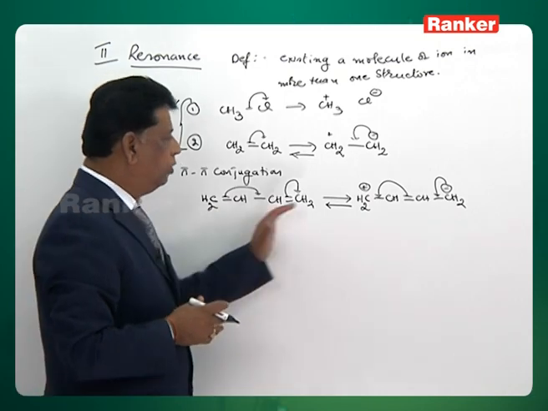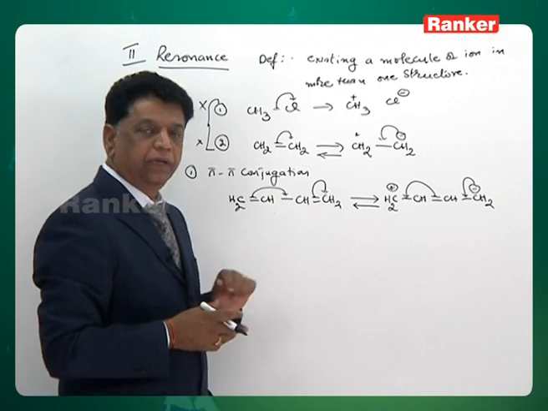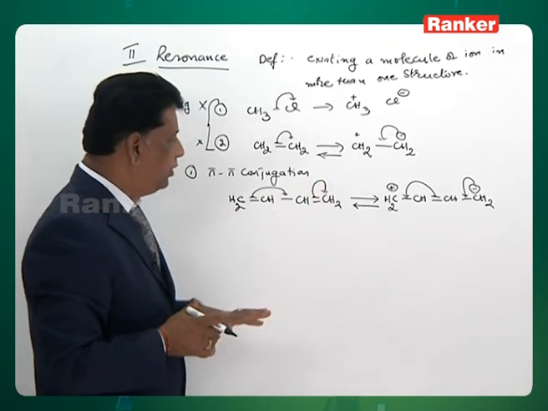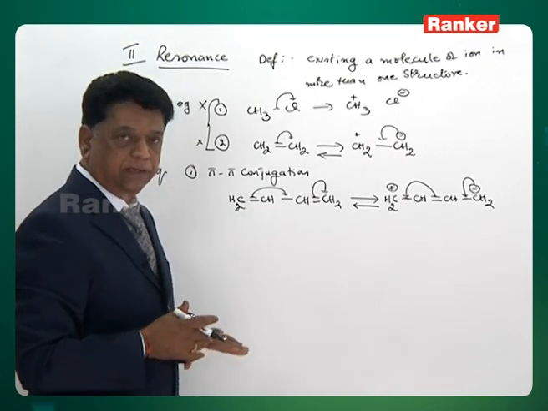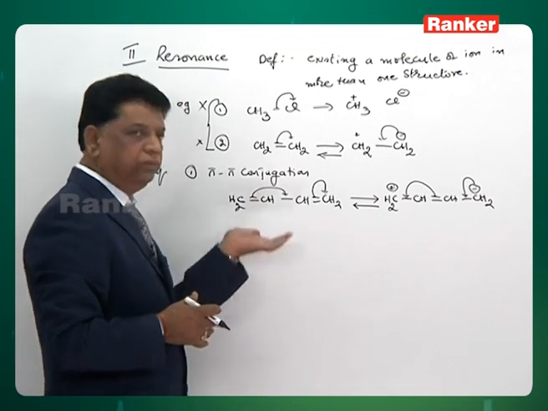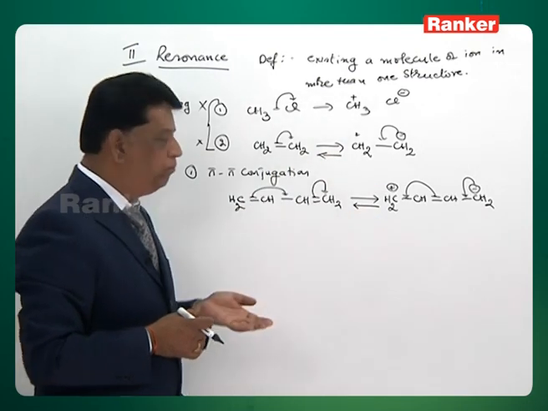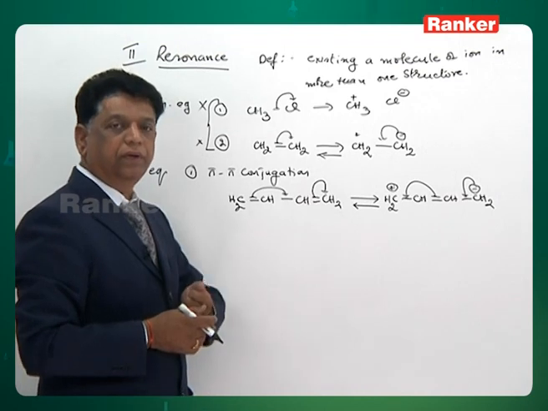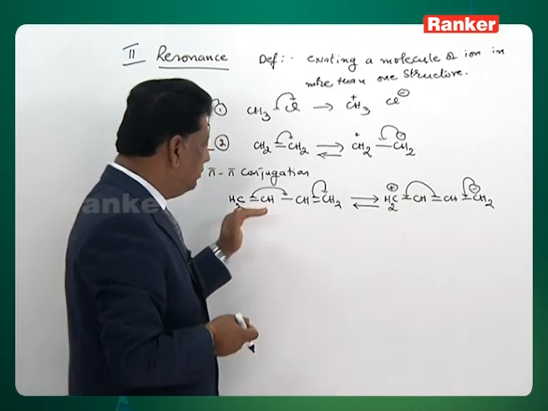In fact, there are no two items, there is only one item, either this or that. It can have two different types of structures. So it is not that there are two structures for the given compound; that is the wrong concept. One molecule can exist either this way or that way, sometimes like this, sometimes like that. So this and that together represent the properties of the molecule. So this resonance structure is nothing but the same thing.